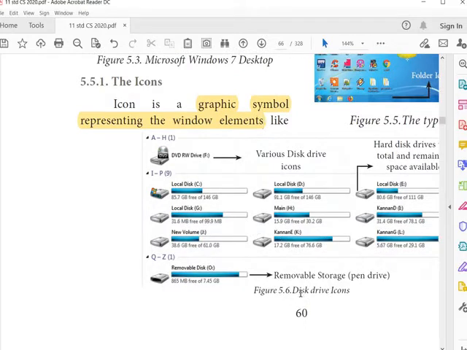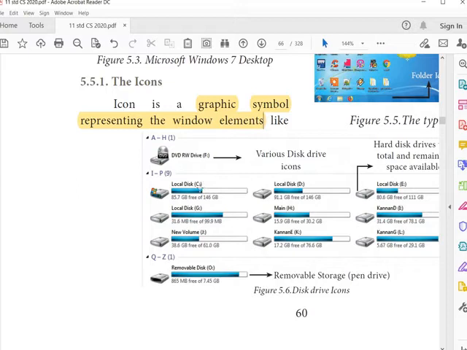Here there are disk drive icons. When you go to your My Computer or This PC icon, you can see these things. The first one is the icon representing the DVD. That means if you insert a CD into the DVD CD drive, this icon will be activated.